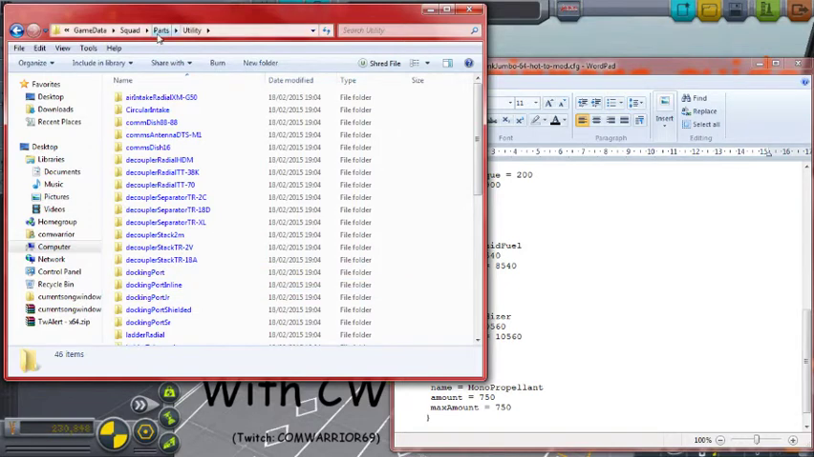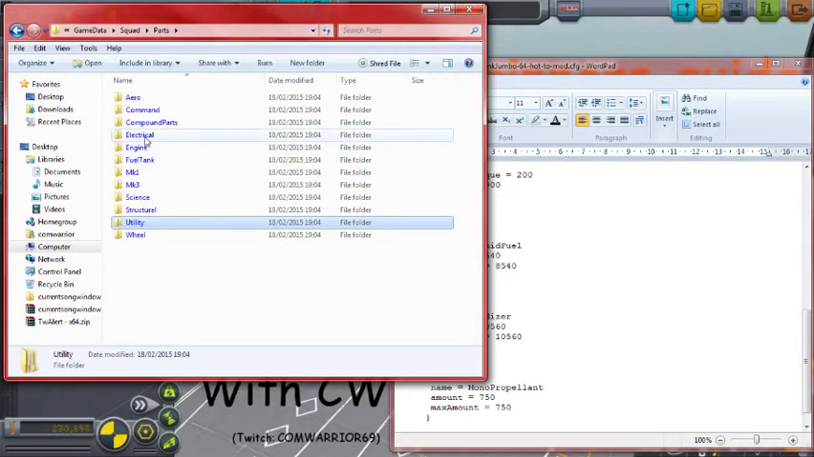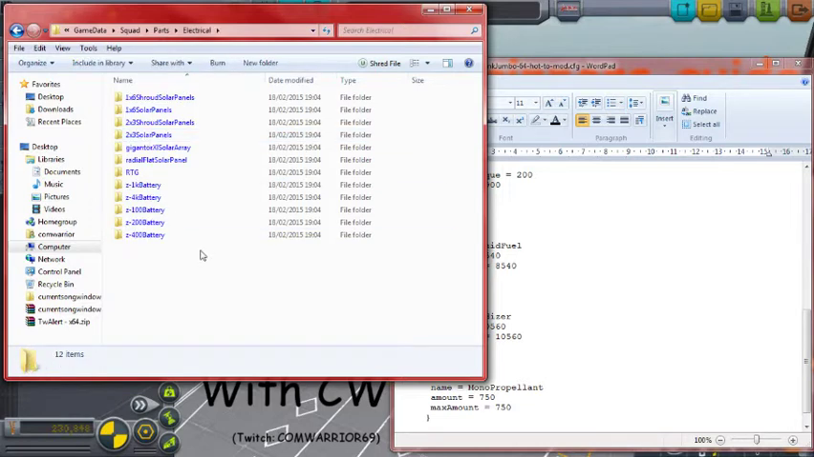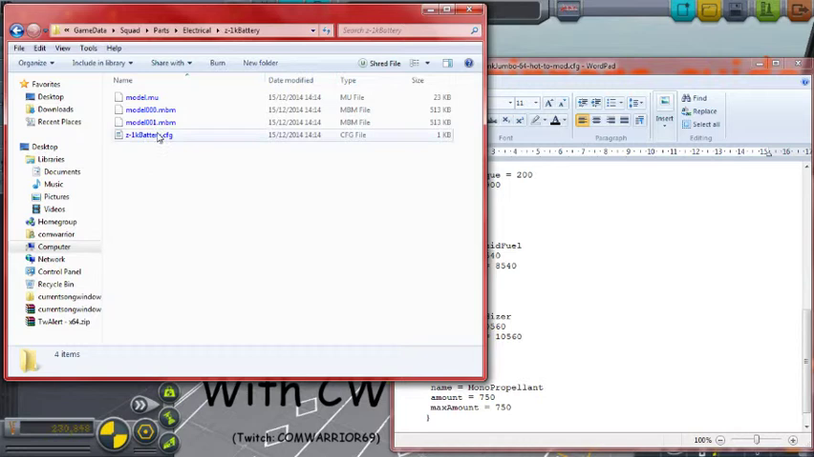Actually, might not be until... Oh, they're in electrical. Squad needs to do a little bit of housekeeping. Apologies. Inside electrical, here are the batteries. So we're going to take the 1K battery, that one, and its config is there. So we're going to open that up,